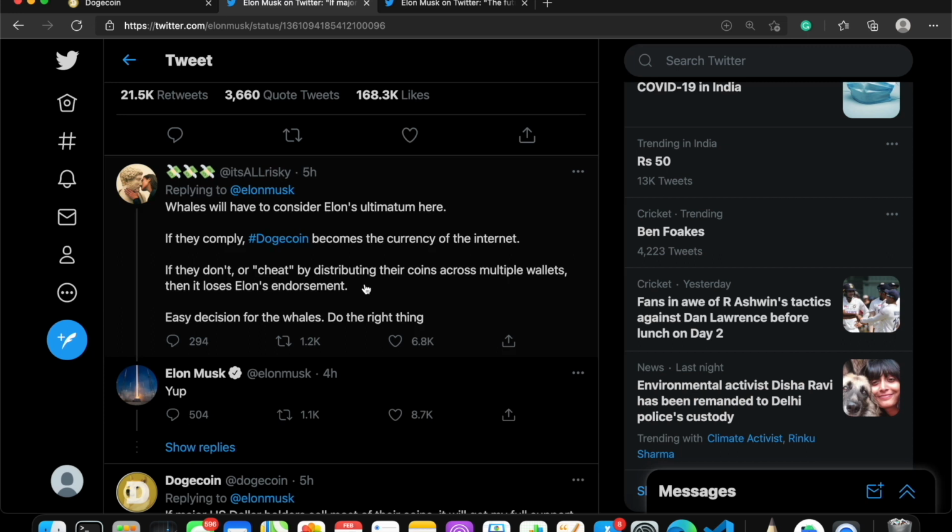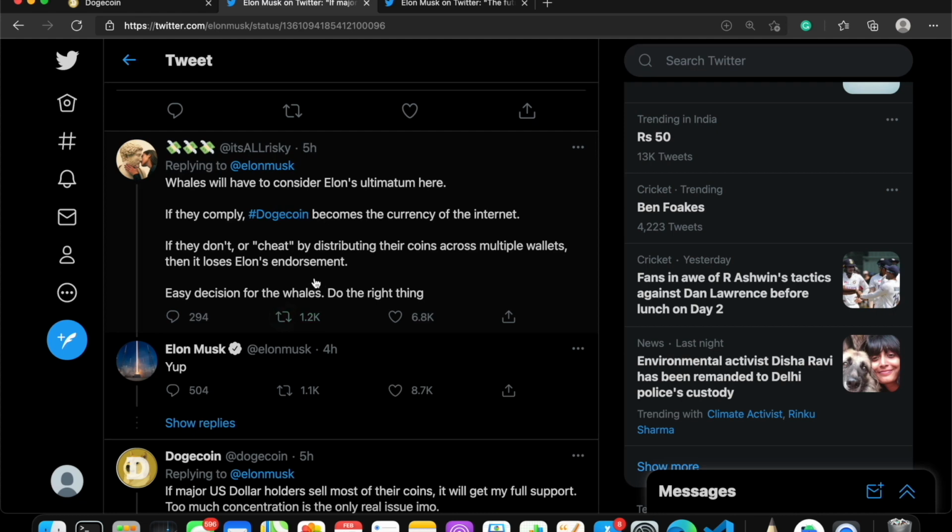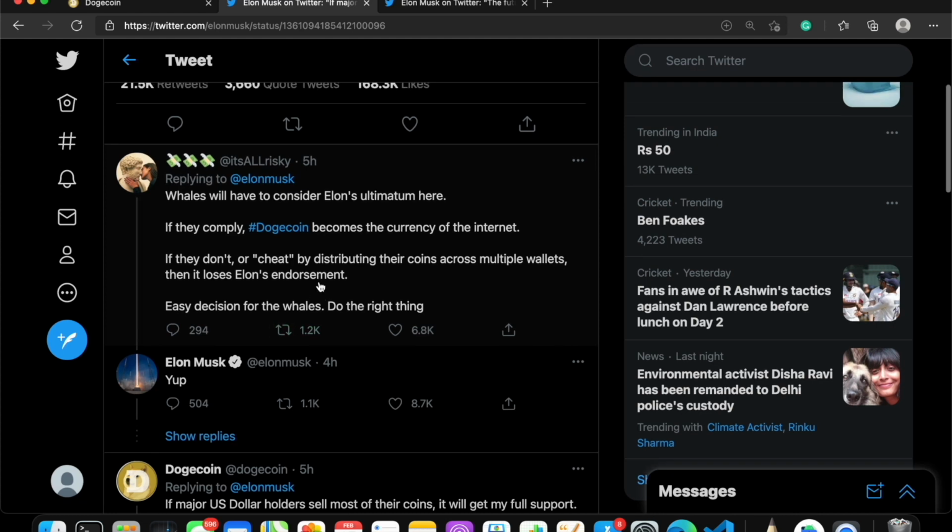Which makes guys like us who have invested a small amount lose our money. At the same time, whoever has invested so much money will lose that money too. So now it's a kind of ultimatum from Elon Musk that either you lose all your money or reduce your stake and become rich along with others. So that's what he's saying. That's about the second point.